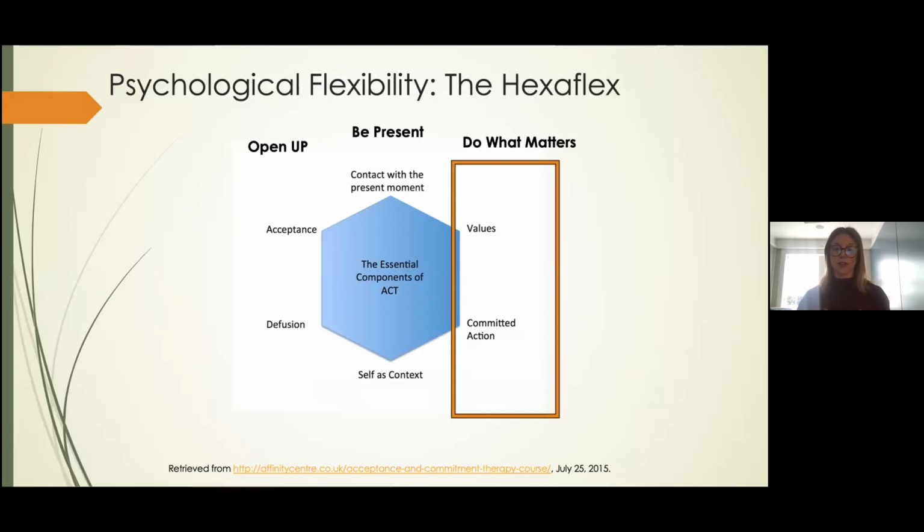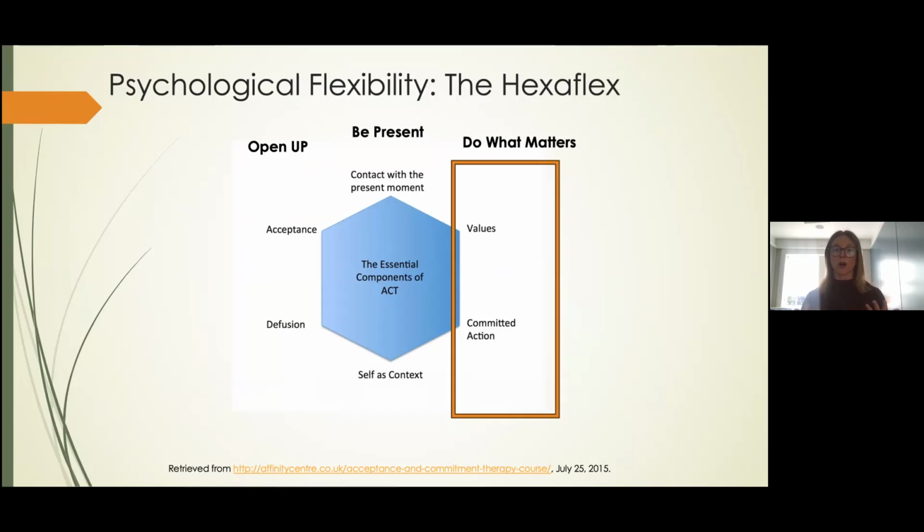I like to start with values and committed action because in any kind of therapy, and I think really specifically in ACT, we're going to be inviting people to do things that are pretty uncomfortable. They're new, they are unfamiliar, there's a lot of uncertainty. And I think it's helpful for people to be able to answer for themselves, why am I going to do what Rachel or Dr. Wofford is inviting me to do? Why would I do this role play that she's inviting me to do? Why would I do some of these activities outside of session that she's asking me to try? Why would I engage in my thoughts and relate to them differently, or relate to my emotions differently when I've been doing it one way for so long?